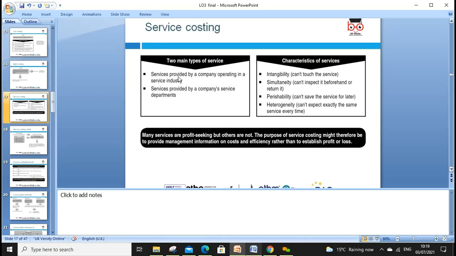Service costing is very popular as well, like in the NHS and various other organizations. They have to look at the service they provide and what it costs them, because their purpose is not to earn profit like the NHS, but they want to look at value for money. Where is the NHS spending? Back in 2012, the IT system failed and the government spent millions on it. The application where people can book appointments online and order medicine was not embedded. So these are the issues. We need to look at the cost and the value of it, and that's more about service costing